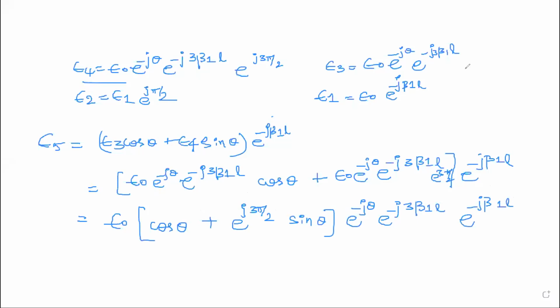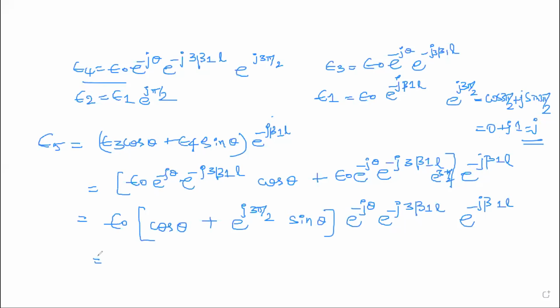Now, similarly like your previous, you will be applying the formulas here. What will be e to the power j 3 pi by 2? Using the e to the power j theta formula, it is cos 3 pi by 2 plus j sin 3 pi by 2. What is the value of cos 3 pi by 2? 0, ma'am. 0 plus j sin 3 pi by 2, which will be 1. So the answer will be j.